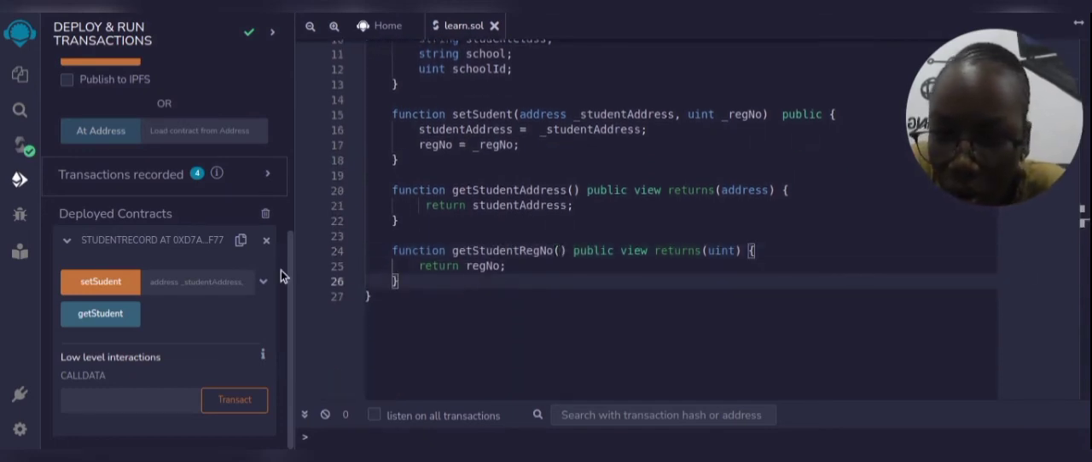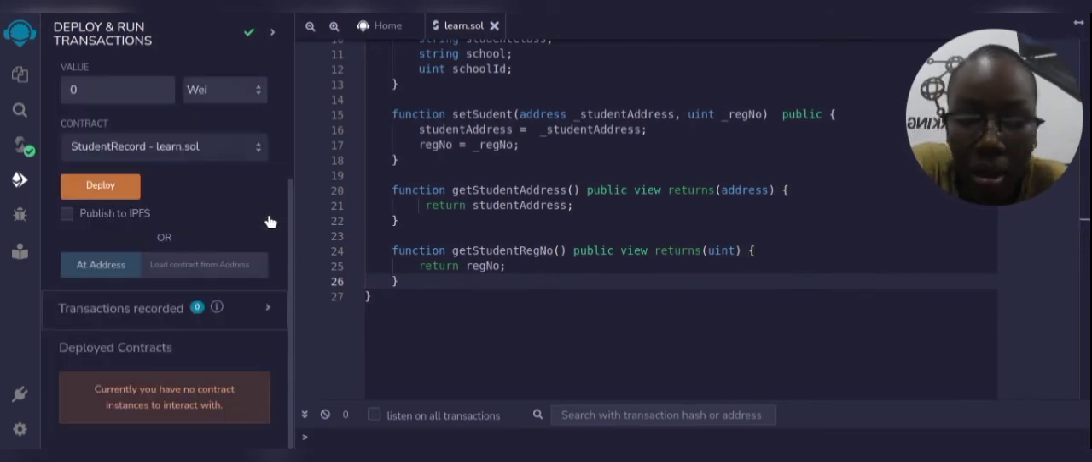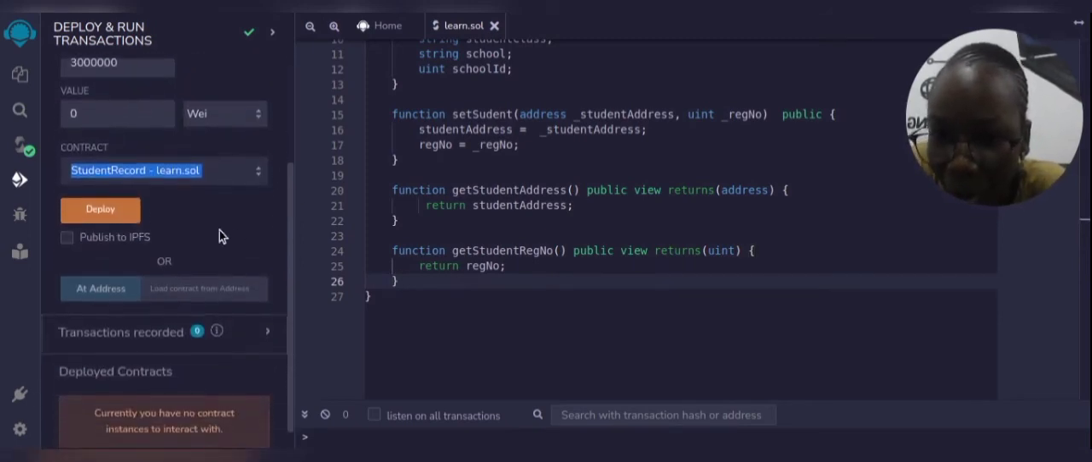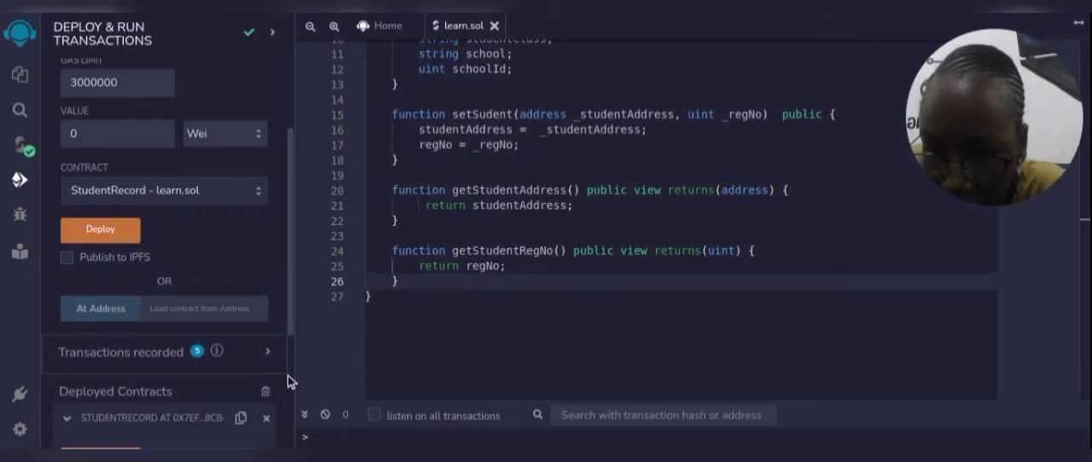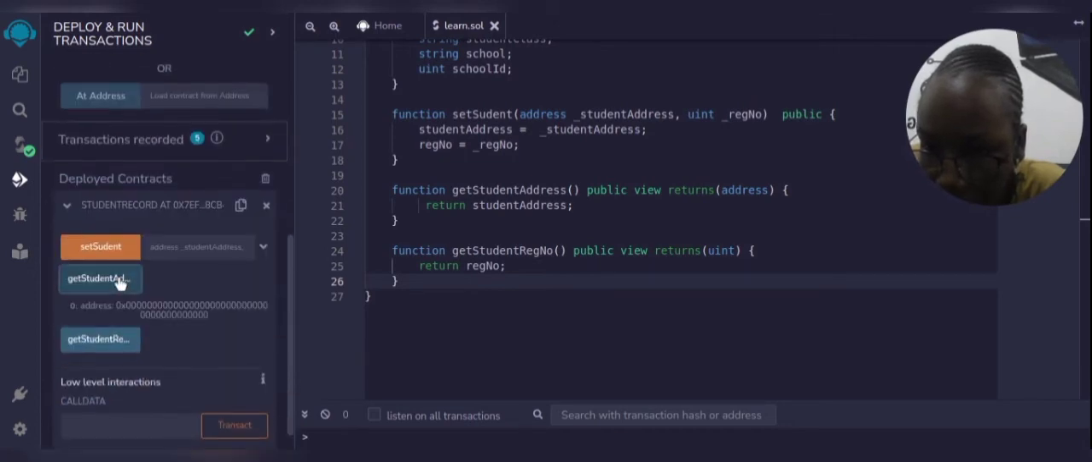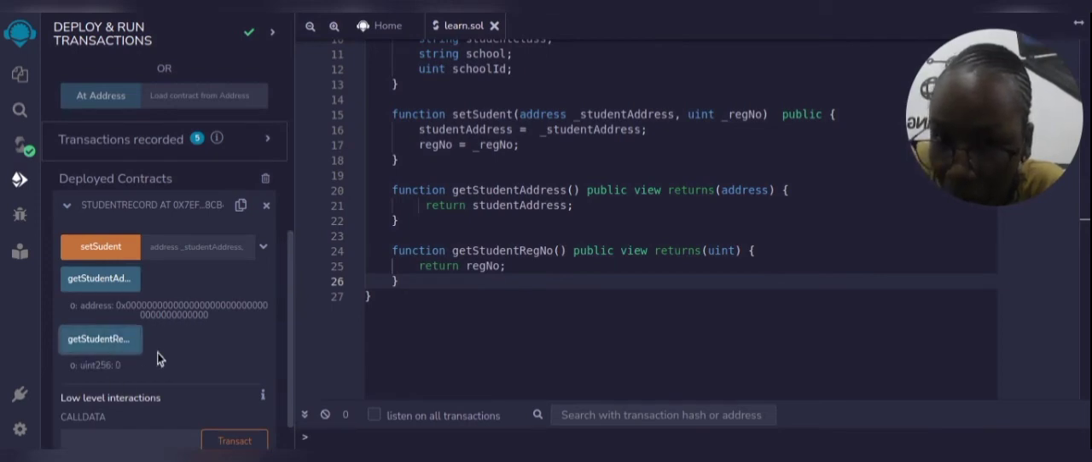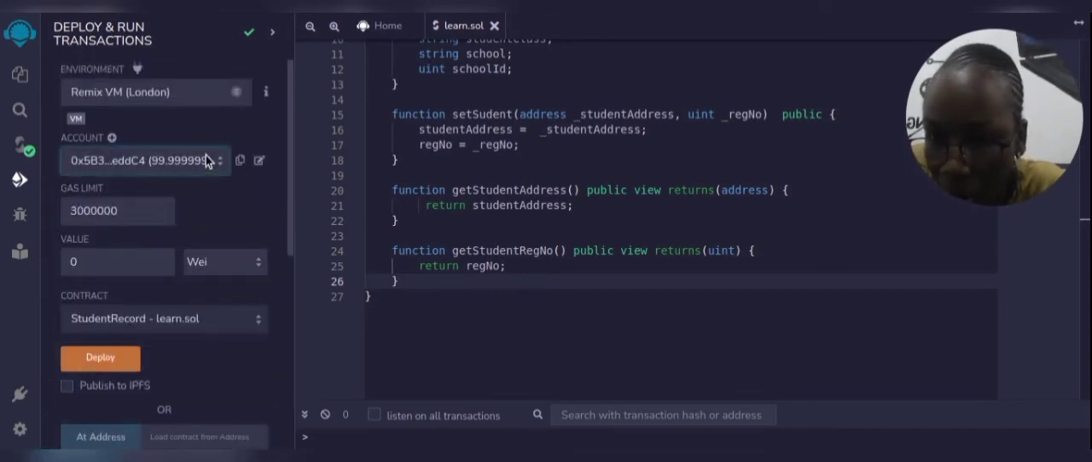So let me just deploy this and see if it works. Of course, it's going to work. Well, let's just do it. And I just deployed, and now you can see getting address and getting record. So this is the default value, like I said. You can see that it's empty, and this is saying 0. So let me just copy an address,